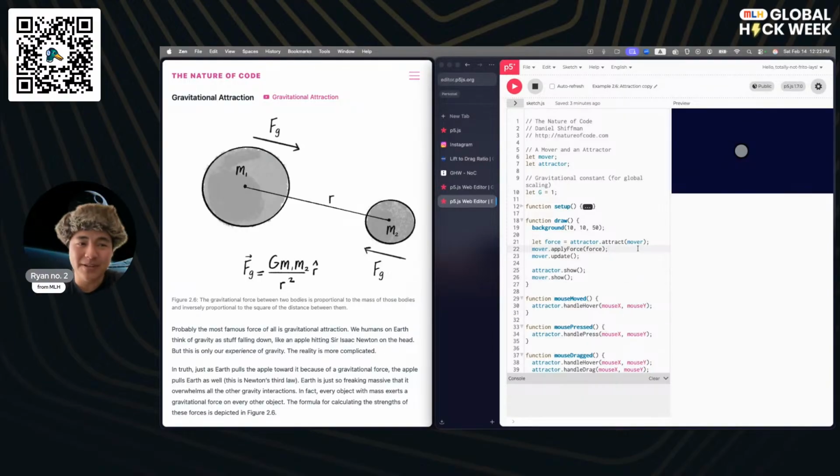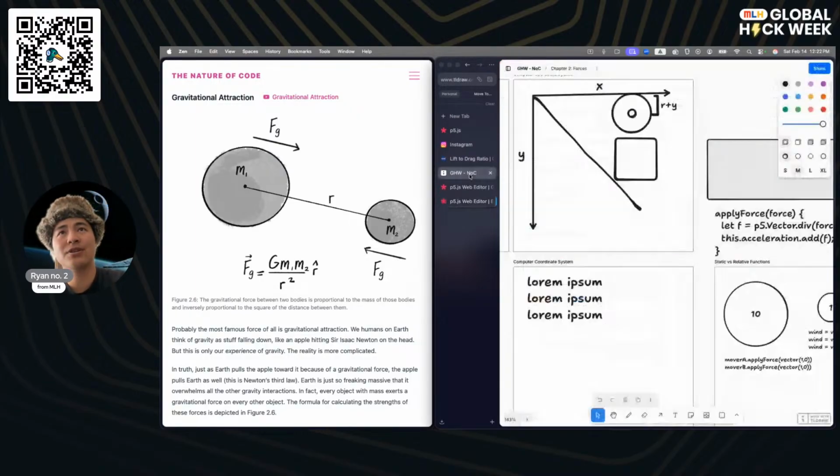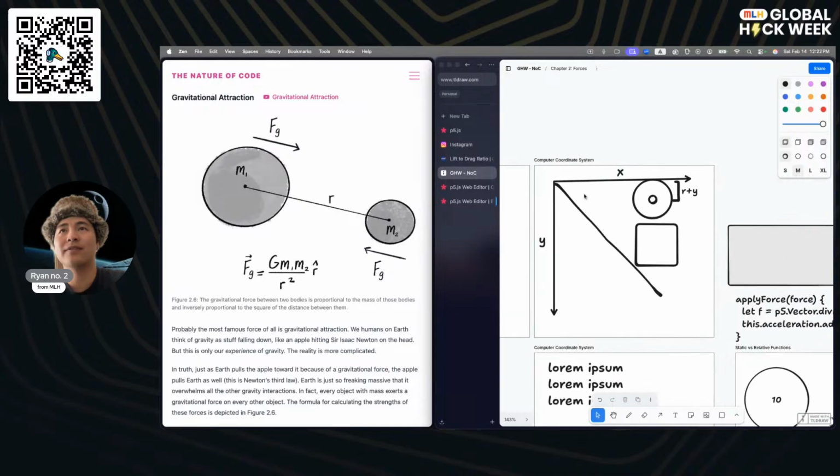Within P5, vectors are defined with an x and a y coordinate at minimum, and those x and y coordinates can be used as relative points away from the point of origin. The point of origin typically within P5 is at 0 and 0, but sometimes you can also set up relative points of origin relative to wherever the object is.